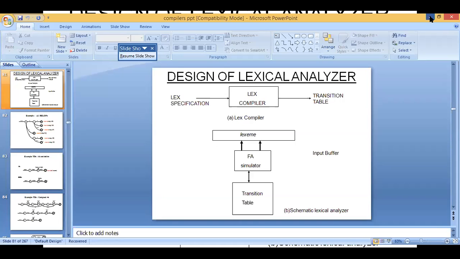And here we have the states 0, 1, 2, 3, 4, 5, 6, 7, 8. These are the states, and 0 is the initial state of this diagram, and 2, 3, 4, 5, 7, 8 are the final states. Why? Because those are all represented in a double circle. The double circle representation indicates that it is a final state representation.